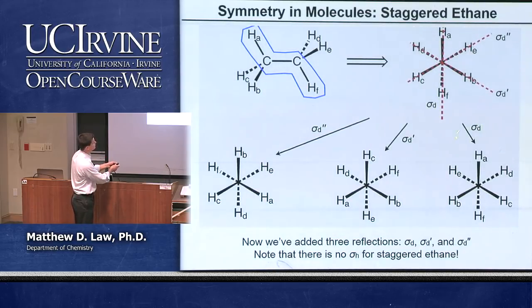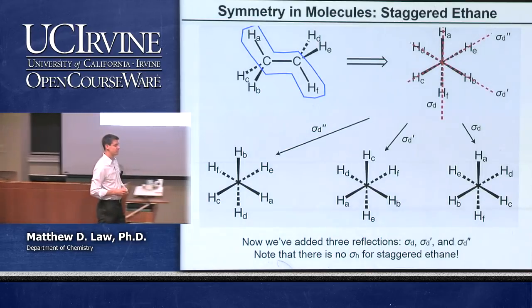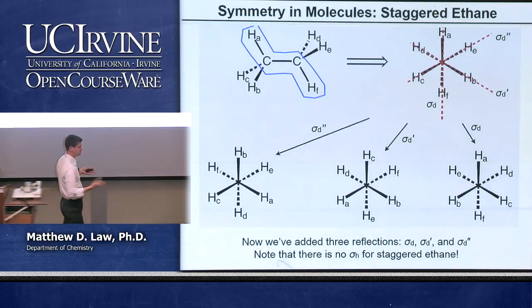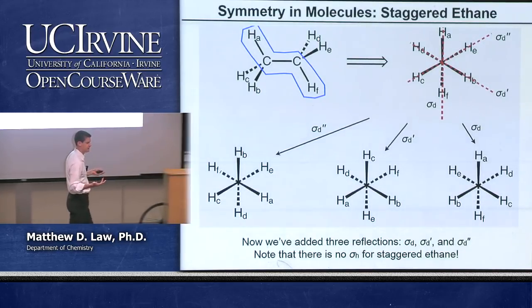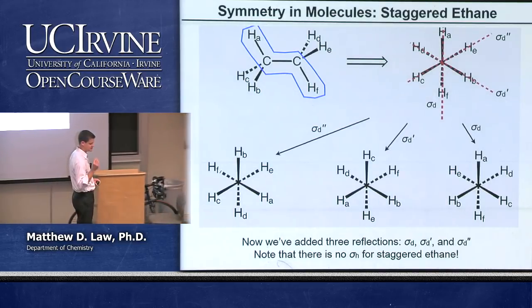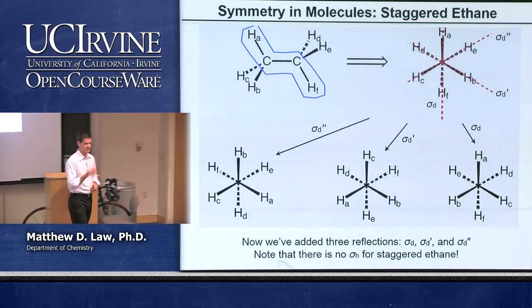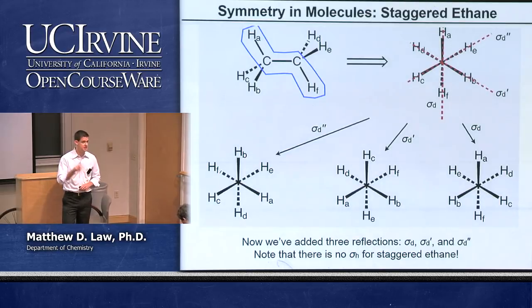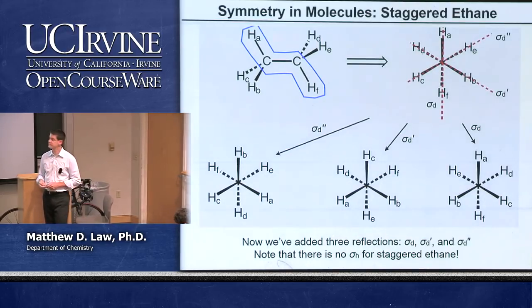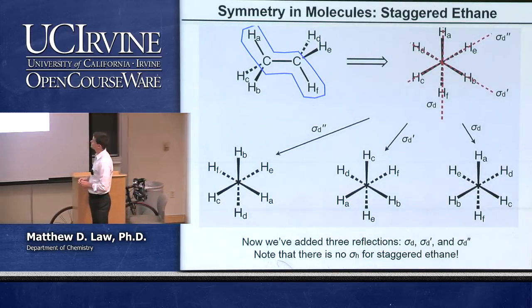If we do the reflection operation, you can see that HA and HF stay the same, but HE and HD change, HB and HC change. But we generate an equivalent configuration. The molecule is unchanged except for our imaginary labels on the atoms. Okay? Remember that these labels are imaginary, right? They're just there to help us bookkeep and tell what's going on when we do the operation. Of course, they don't exist in reality.